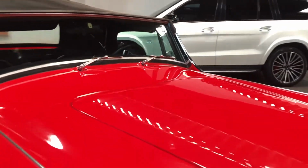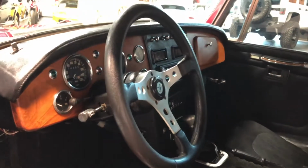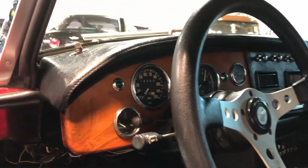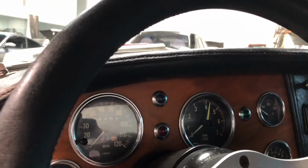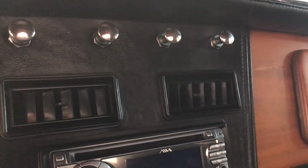Okay, let's work our way over to the driver's side. Take a look in there real quick, and then I'll get this hood open. Very difficult to hold this door open, keep light in, and show you all the details, so I'm going to do the best that I can. We're hopefully going to go for a ride during a portion of this video so you can hear it and make sure these gauges are all functioning. But it's a very tasteful build, good looking dash,